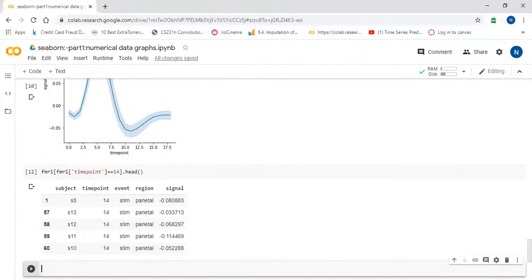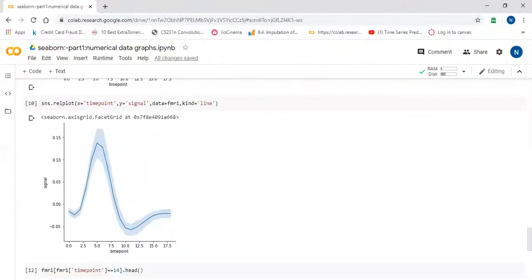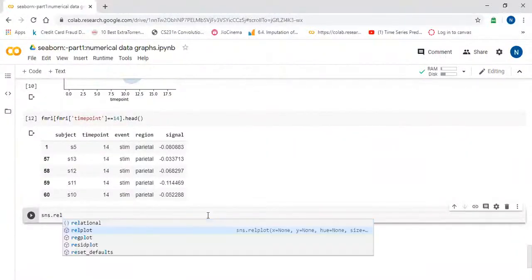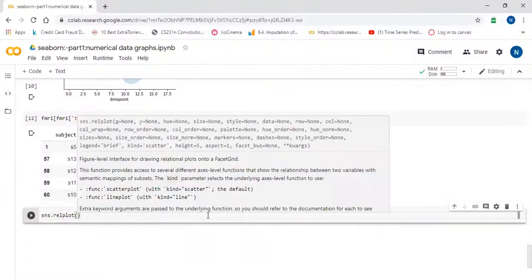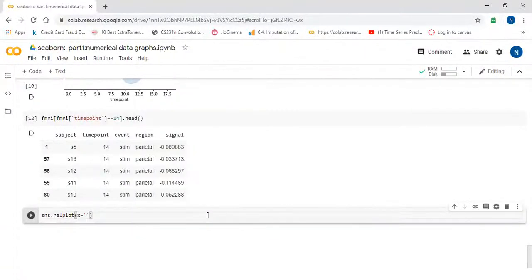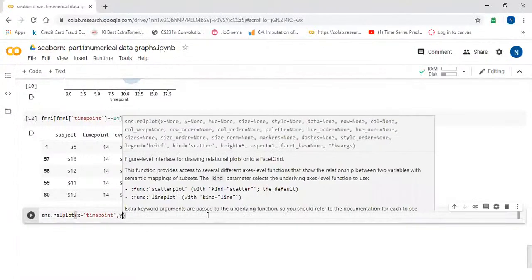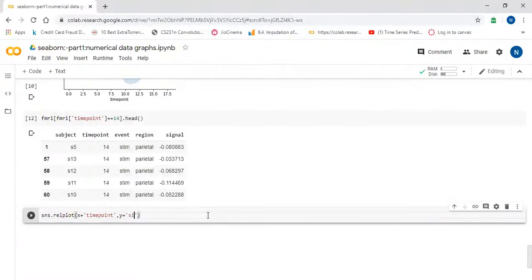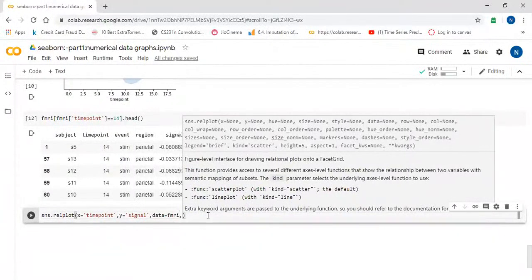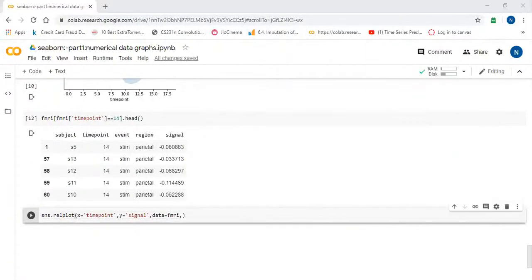I will show you what the confidence interval is. sns.relplot, x equal to timepoint, y equal to signal, data is equal to fmri, comma, there is a ci parameter, where is it?